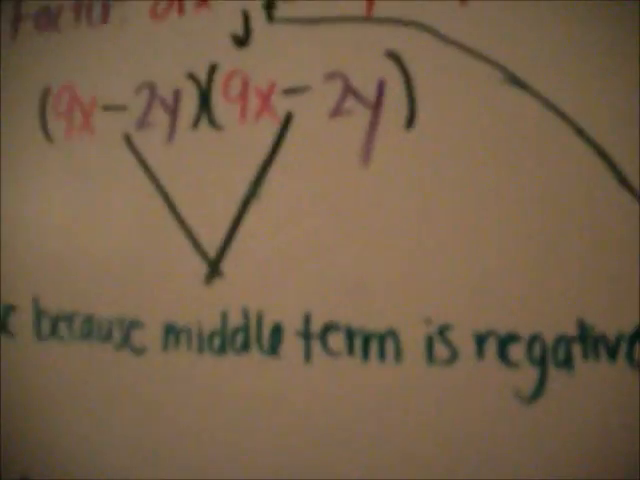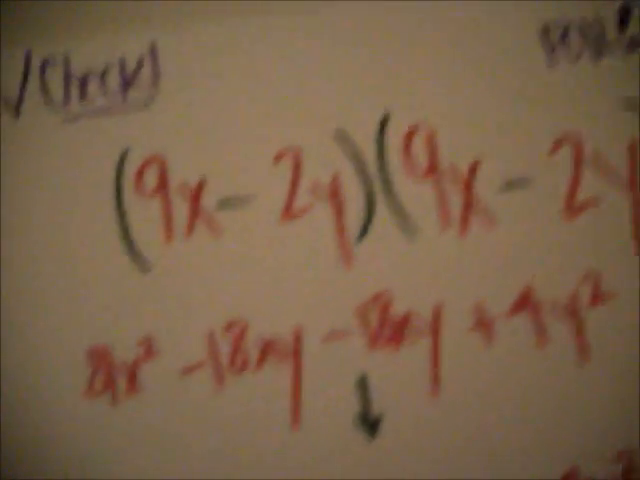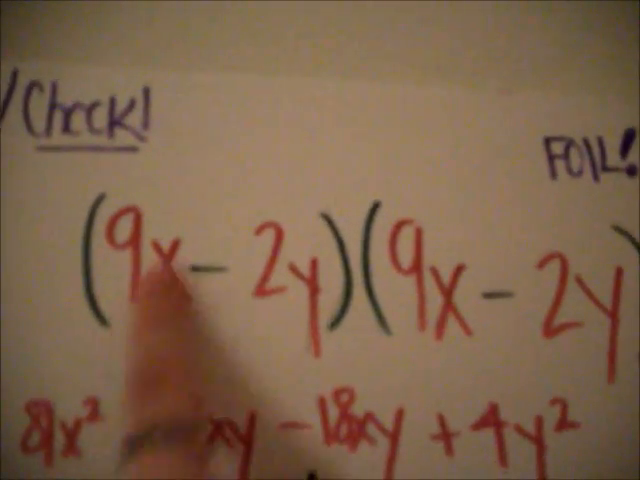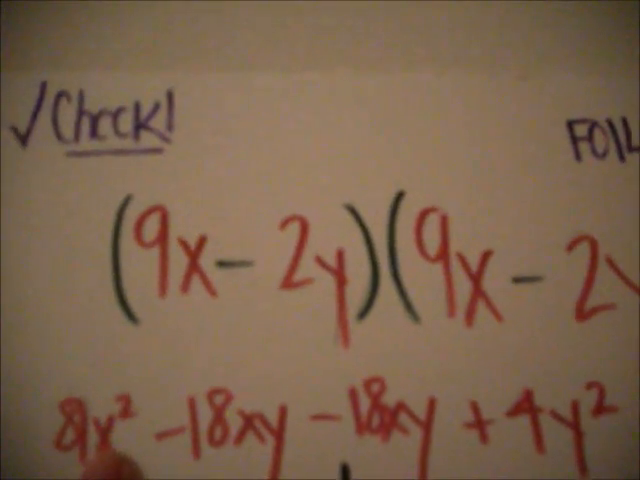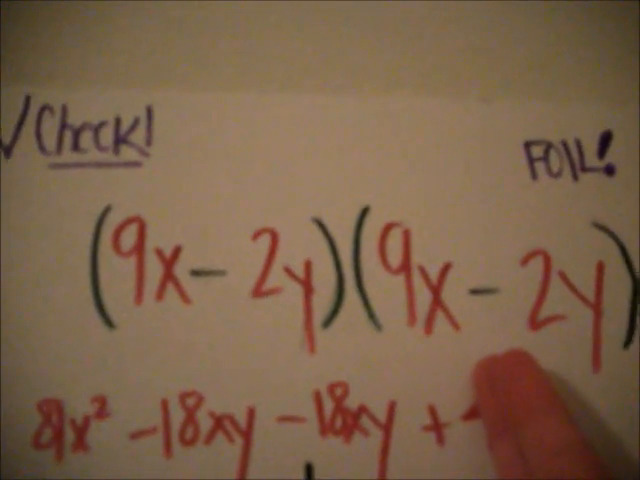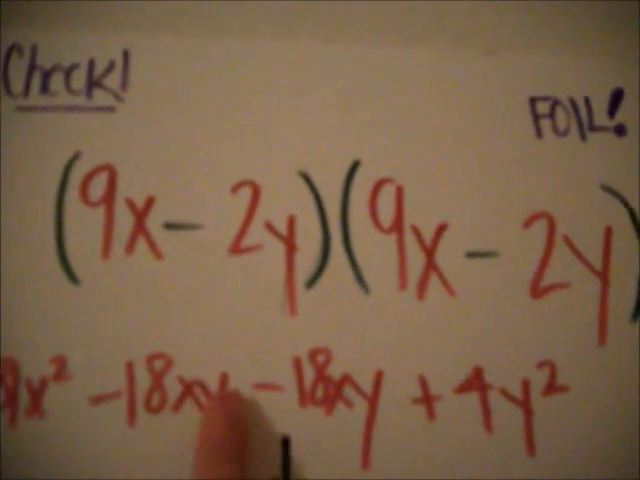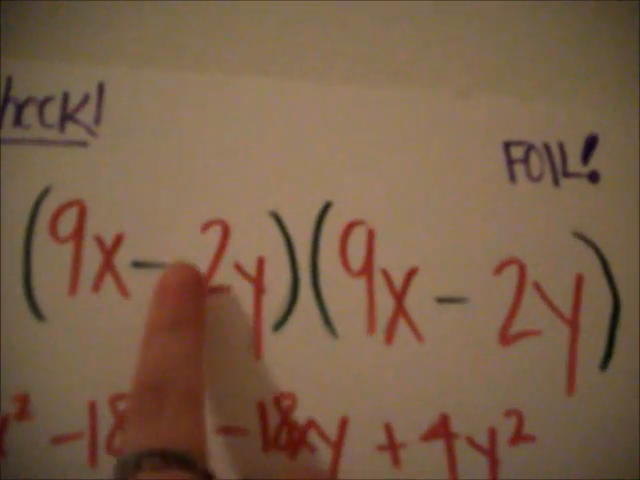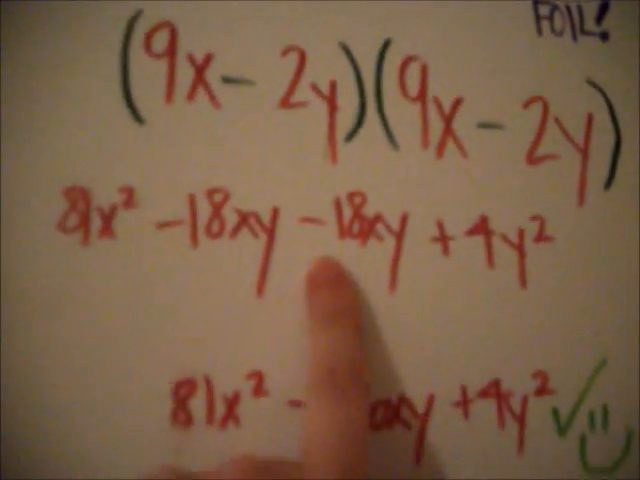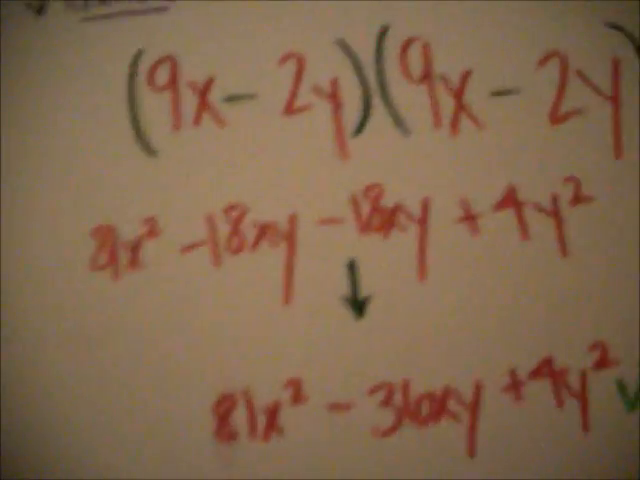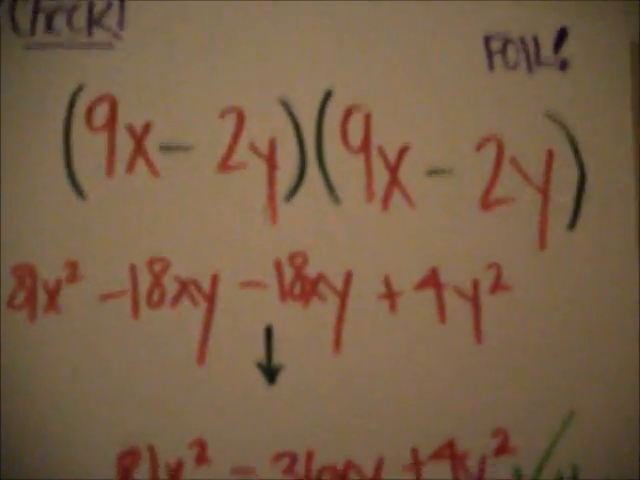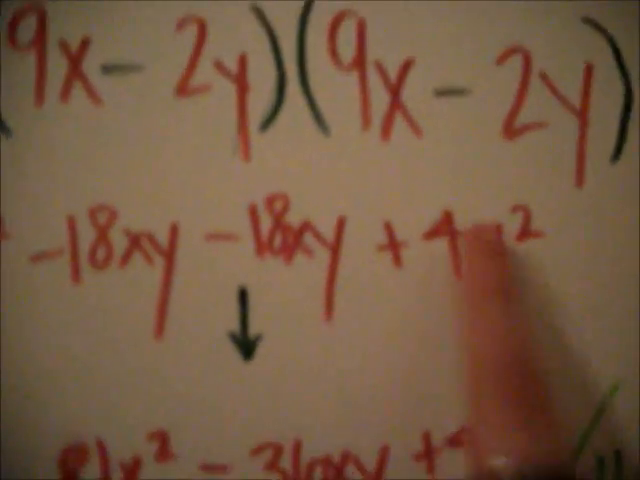Okay, so now to check our problem, we do FOIL. So the first term, 9x multiplied by 9x is 81x squared. The outer terms is 9x times negative 2y, so that becomes negative 18xy. The inner terms are negative 2y multiplied by 9x. That's also negative 18xy. Don't forget to put that negative symbol. And the last terms are negative 2y multiplied by negative 2y, which two negatives is a positive, so that becomes